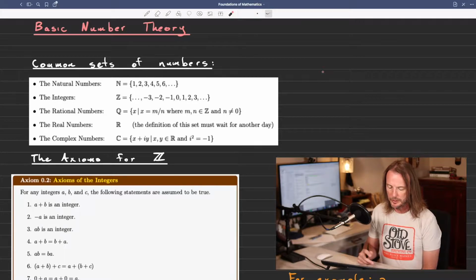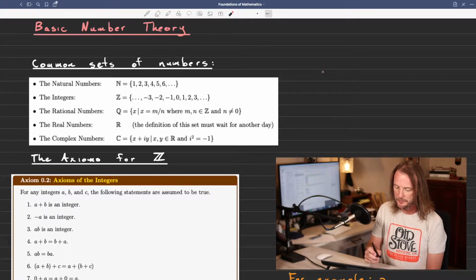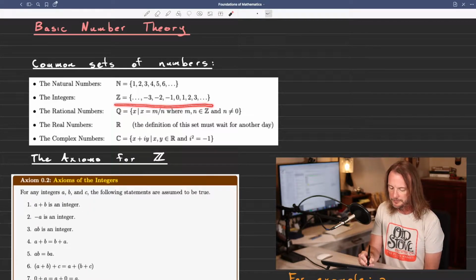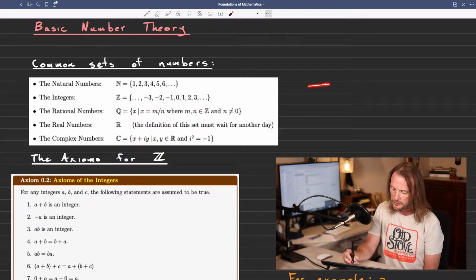After the natural numbers, we have a superset of that, the integers. The integers include the natural numbers, but also 0 and all of the negative whole numbers. So we call positive, negative, and 0 whole numbers the integers. And we use this symbol